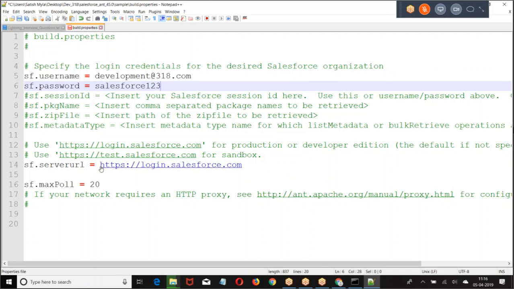Then because it's a production, login.salesforce.com, maxPoll equal to 20. So the build.properties file will contain the credentials of the organization from where you want to fetch or to which you want to deploy. The org from where you want to fetch the metadata, or the org to which you want to deploy, their data will be there in build.properties. Then what we are doing next, we have